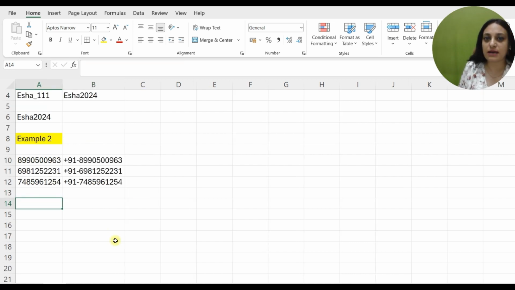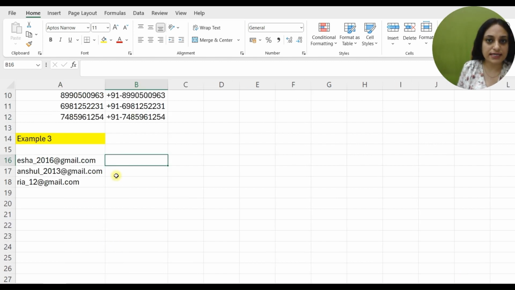Let's see one more example to have better understanding. So as you can see on my screen, example 3, I have randomly generated few email IDs, that is all are Gmail IDs. What if I want to replace Gmail with Yahoo? But there is one issue here that Gmail does not start with standard placement in each of the email IDs. So what can we do in such cases? We can club replace function with another function, that is fine.